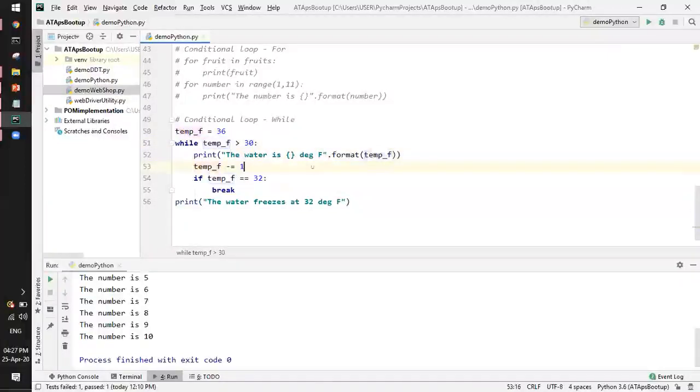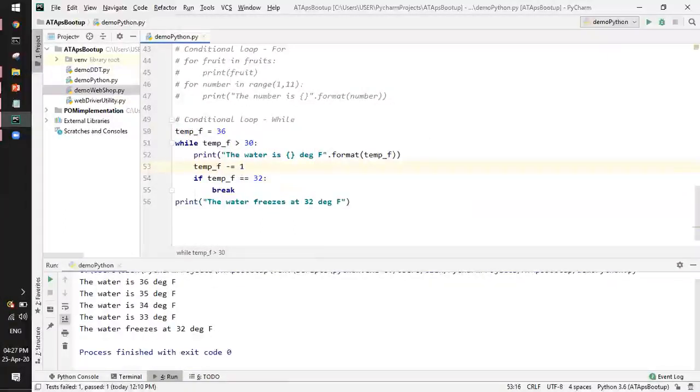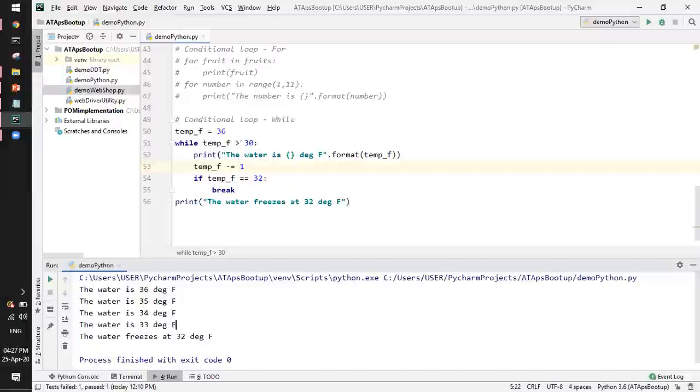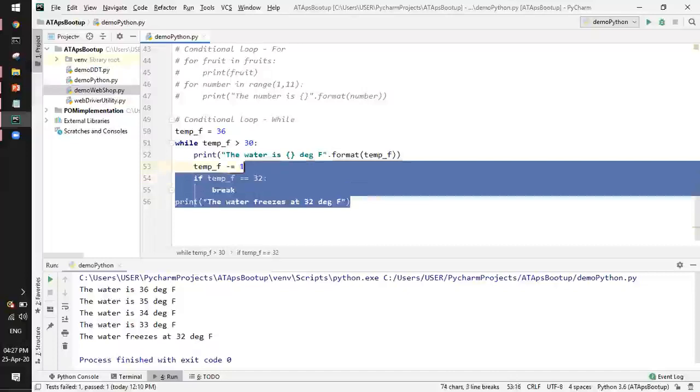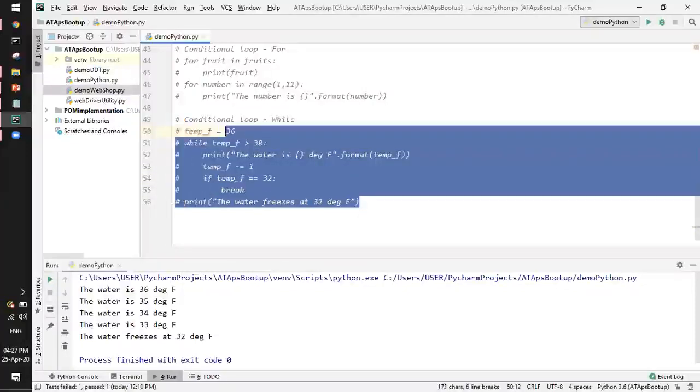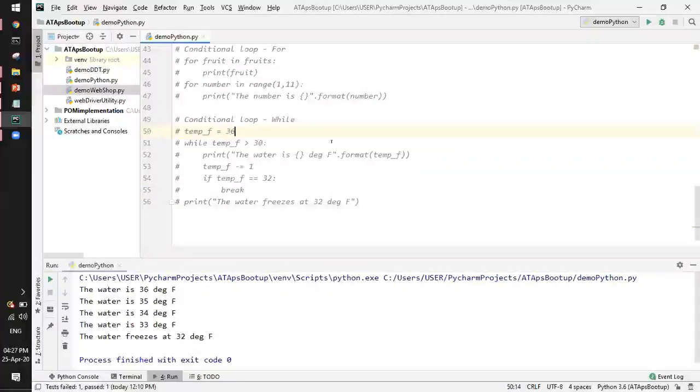Okay, so without wasting much time, I'll just execute this. So you can see the moment it became equal to 30, yeah, the moment it became equal to 32, though it was falling in the while condition, it came out of the loop and printed the value whatever we were showing. Okay, again, not that difficult to understand, but just a prerequisite kind of a thing I wanted to show.